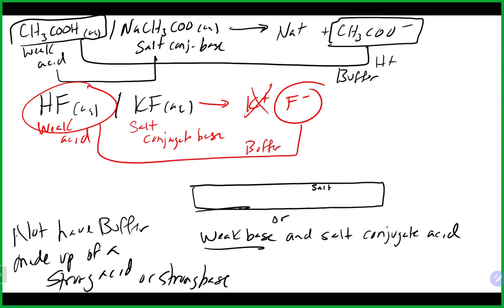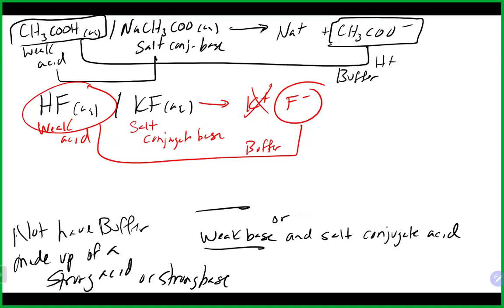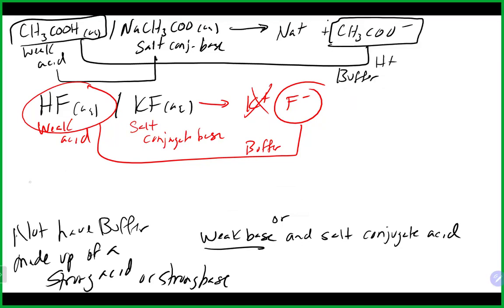Again, this is hanging out, but not really doing much. And that's what makes it a salt. But it is there, but it's not really doing much. But the actual buffering part is that weak acid, in this case, the conjugate base. You could also do this with, as I mentioned before, a weak base and conjugate salt. So for example, you could have a buffer like